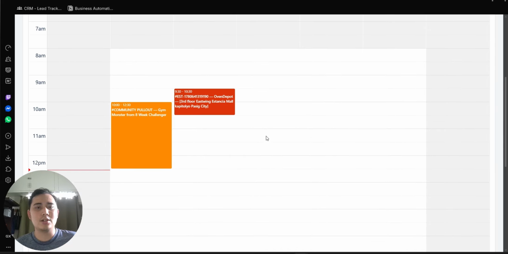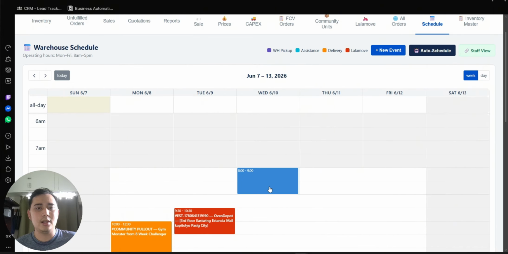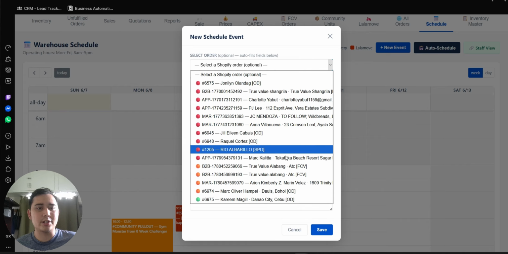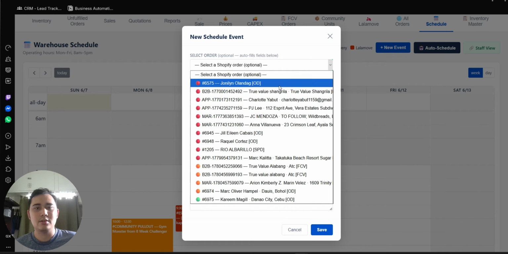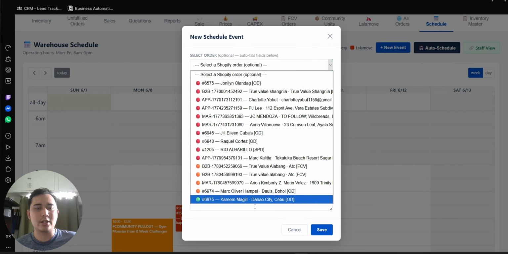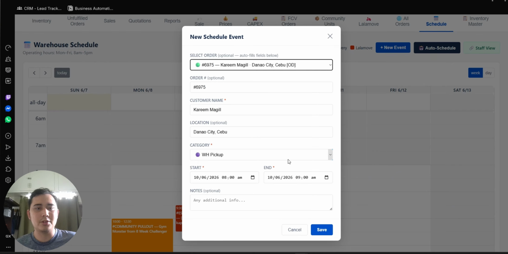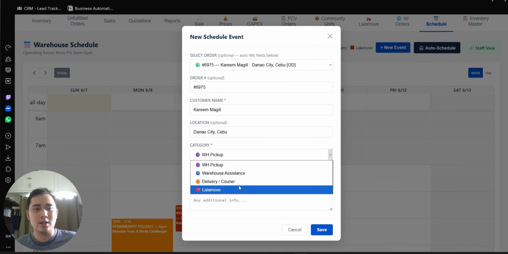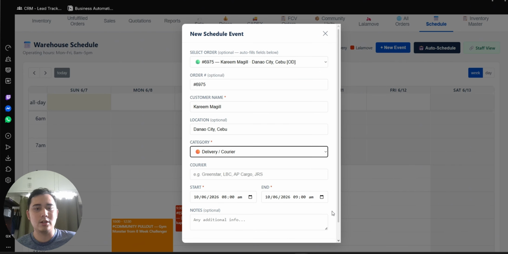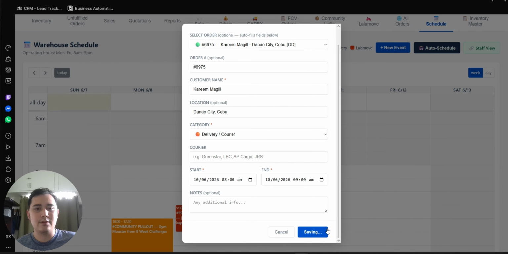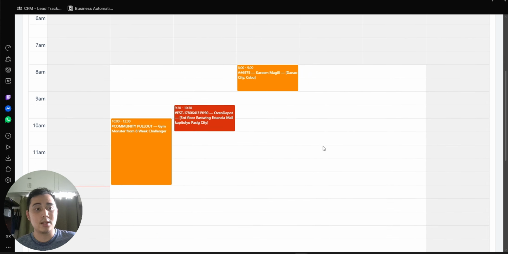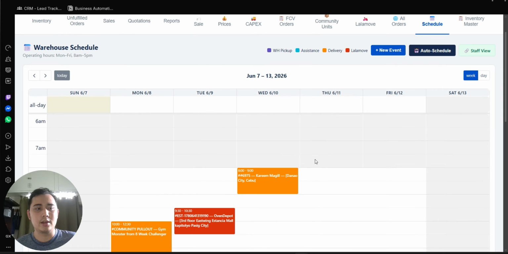I can just put a schedule here, click, and it will pull up all the orders and schedule them. For example, this one is provincial since it's to Cebu. Then you use this one and save, and it will appear on the calendar so that you can manage your schedule right away.